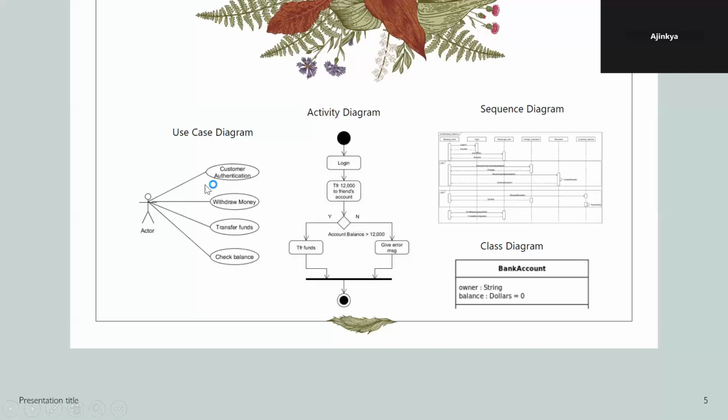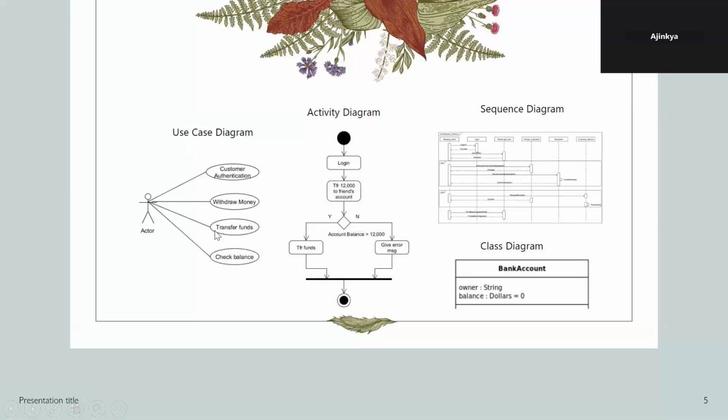Then, the second thing, he can withdraw money from that ATM machine, or he can transfer funds. If we add here, let's suppose the customer is in the bank as well. In some banks, within the bank premises, there is an ATM machine, and there is a bank employee as well. So that's why we are considering transferring funds as well. This is a feature we are also considering. And once the fund has been transferred, the customer can check the balance of that account.